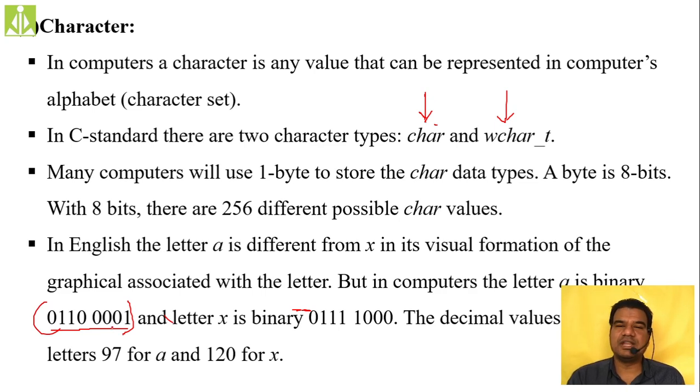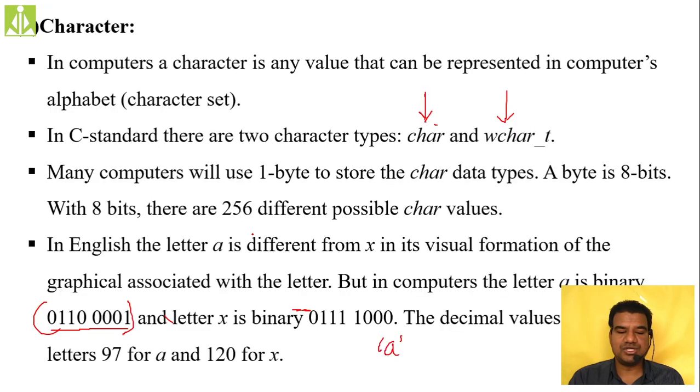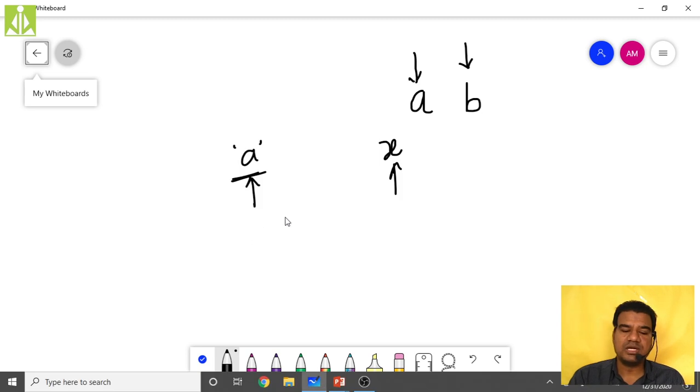But are we doing that in our programming? No, we are not. Then who will do that for us? Your compiler will do it for us. What we do is give A to the compiler inside single quotations, as a character. Its associated binary value, which we have just seen, is 0110 0001. This is the binary equivalent of A.